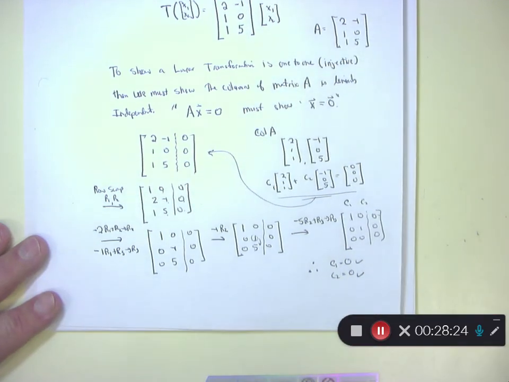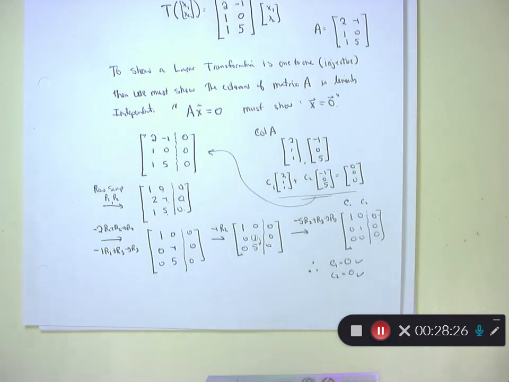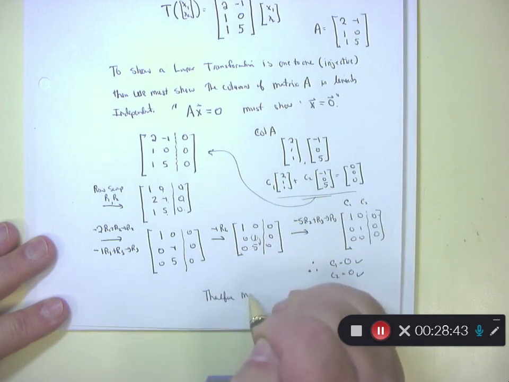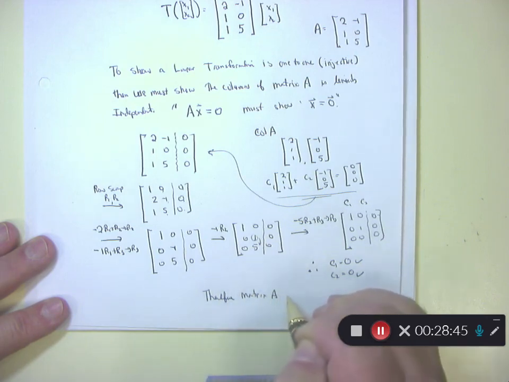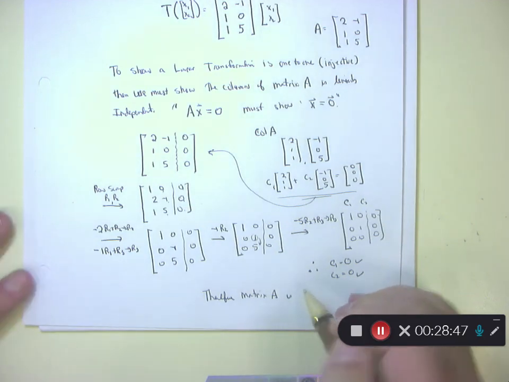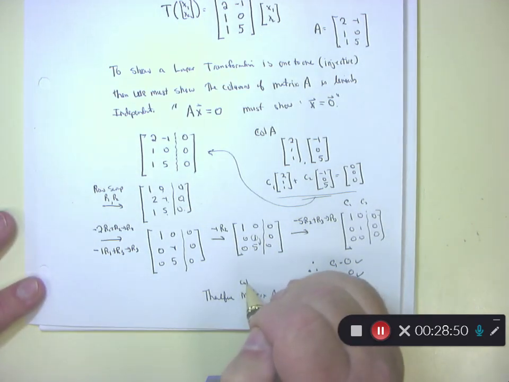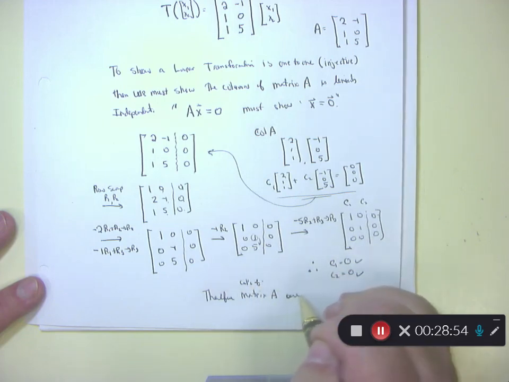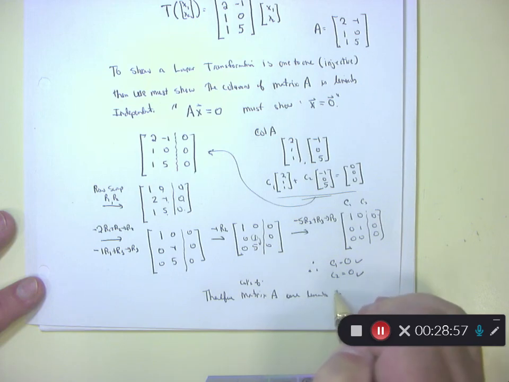And when you set vectors, the coefficients out front, equal to 0, and the only solution you get is C1 equals 0, C2 equals 0, and if you got more of them, more C's equal to 0, what do you got? Therefore, the columns of matrix A, better English, columns of matrix A are linearly independent,